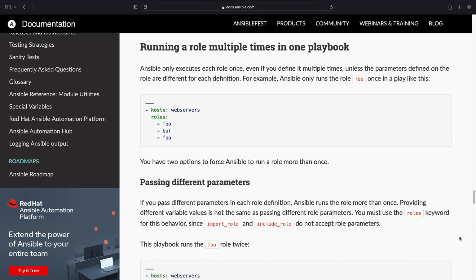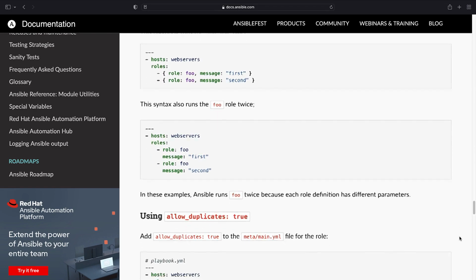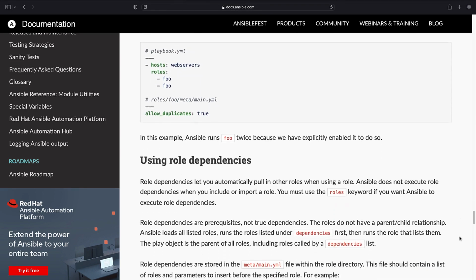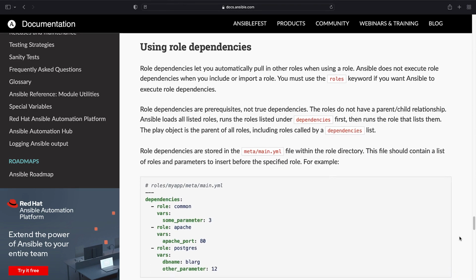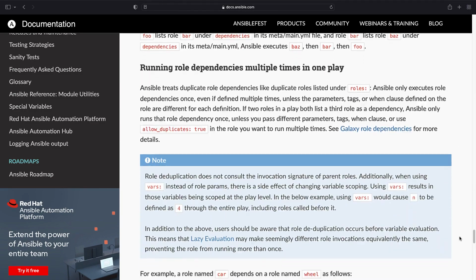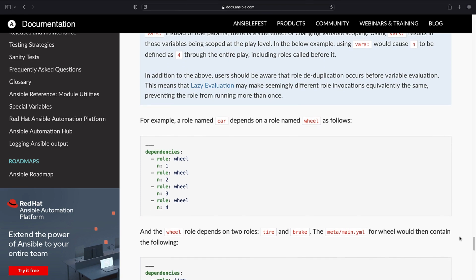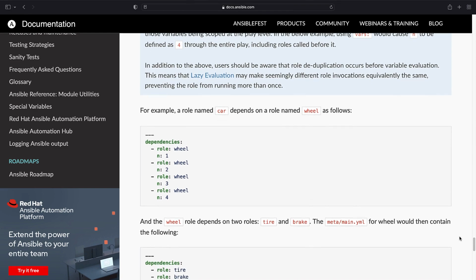Also how to use multiple roles in your playbook, how to combine different parameters, and also how to use role dependency. Yes, you can combine multiple roles in your playbook. So there are a lot of things that this reuse of code enables, and